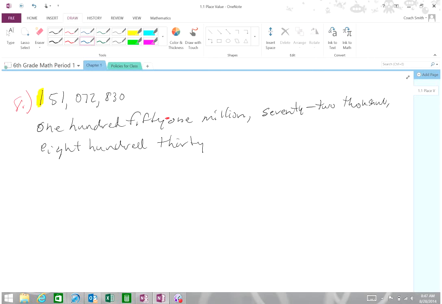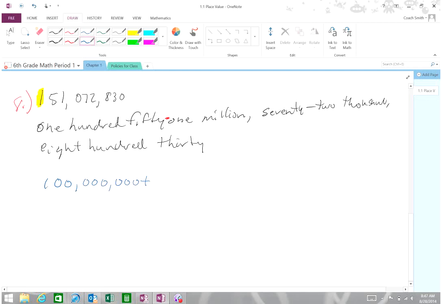If you look at your book and your place value chart, what is the place value for the 1? 100 million. The reason we know it's 100 million is because we said 100 million. Now, obviously, the 51 is there too, but all I have to know is that it's in the 100 millions place. So I write in expanded form 100 million